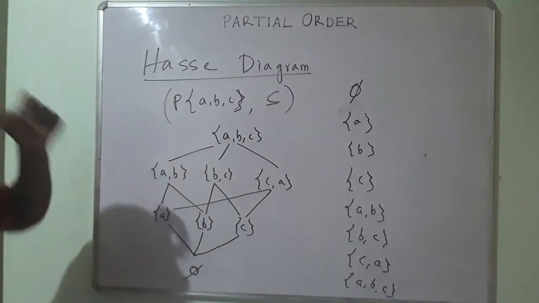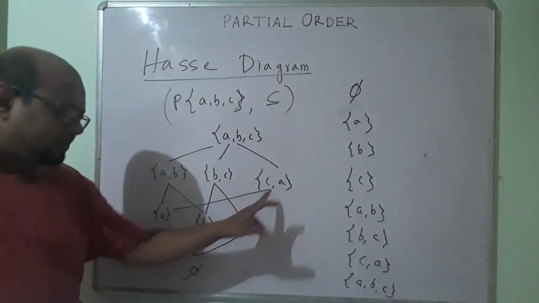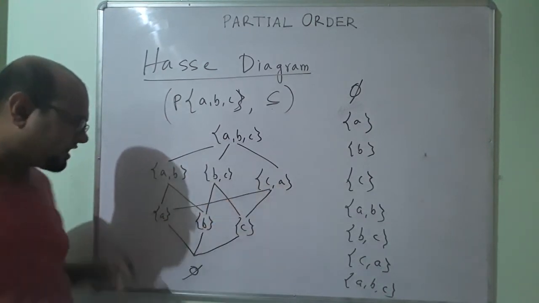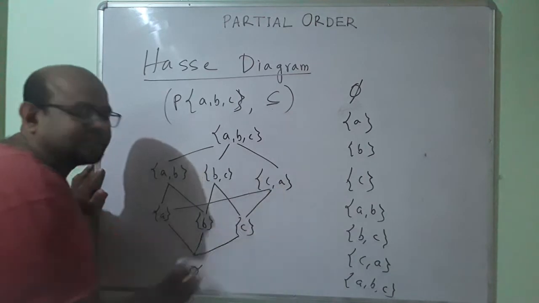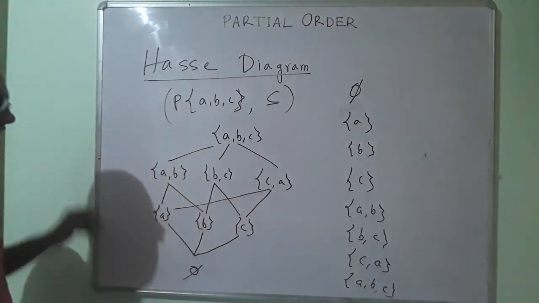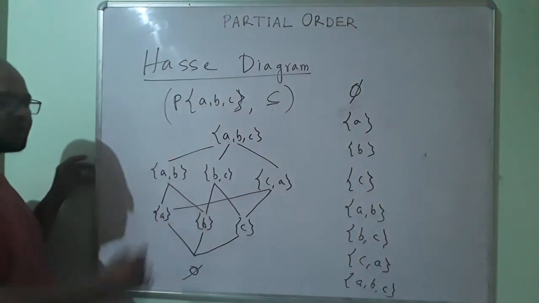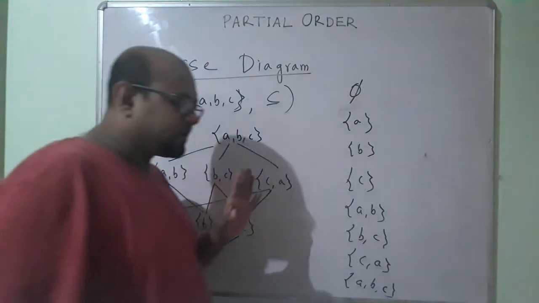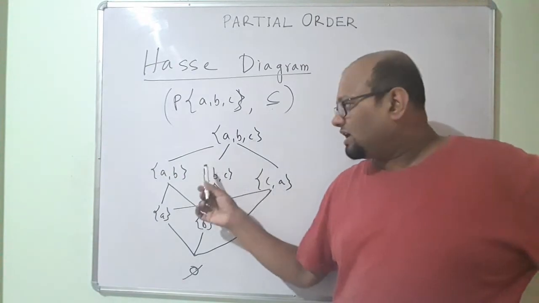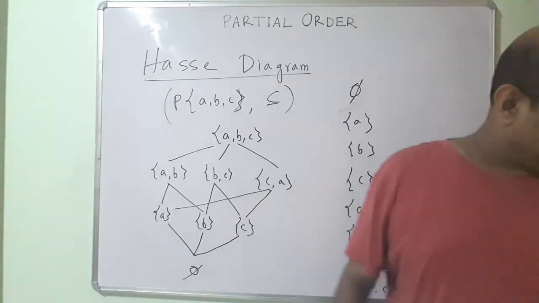Okay. See here, phi is a subset of C and C is a subset of CA. Then phi is a subset of CA. That is also true, but I don't need this edge, because it is implied by the transitive property. And I know all of these are subsets. AB is a subset of itself, so I should have a self loop over here, but I don't need to draw that because it is implied. So all these transitive edges and self loops I don't need to draw. Alright, so whatever remains is a Hasse diagram.